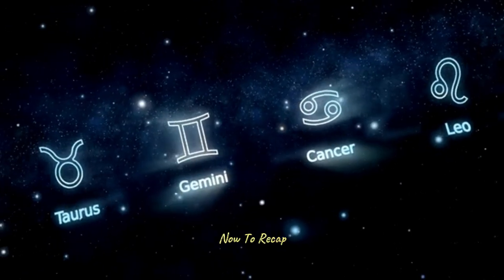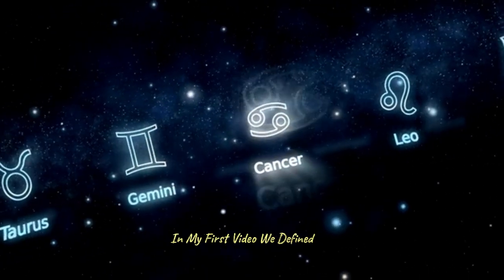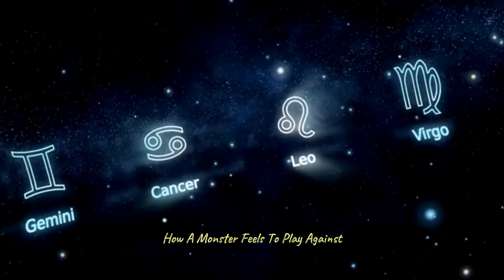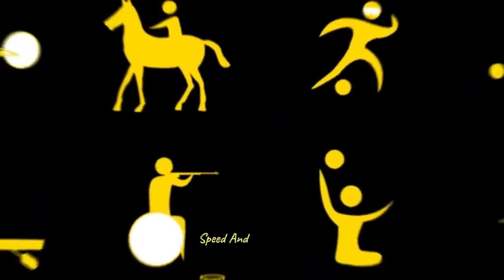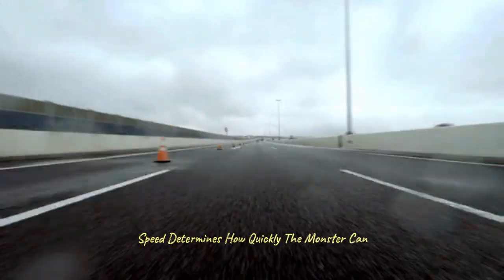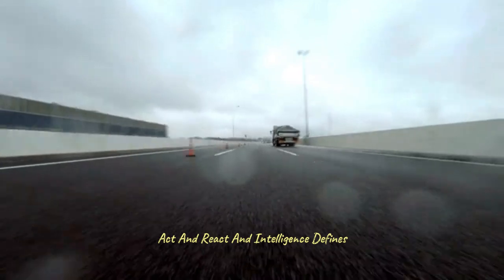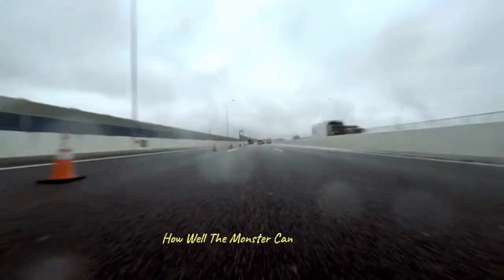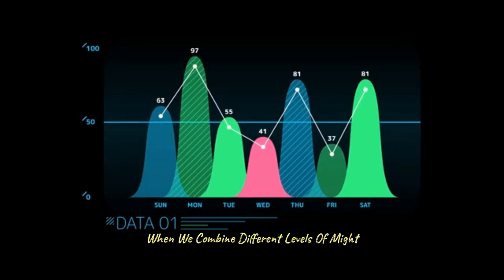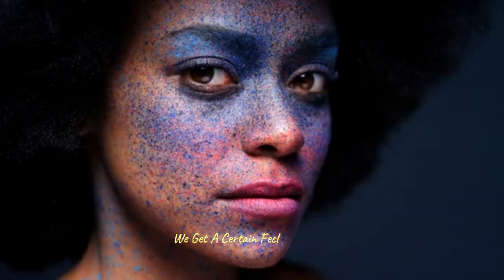Now to recap, in my first video, we defined the three main attributes that determine how a monster feels to play against. These are might, speed, and intelligence. Might defines the power of the monster's attacks. Speed determines how quickly the monster can act and react, and intelligence defines how well the monster can utilize its might and speed. When we combine different levels of might, speed, and intelligence, we get a certain feel, or volatile,